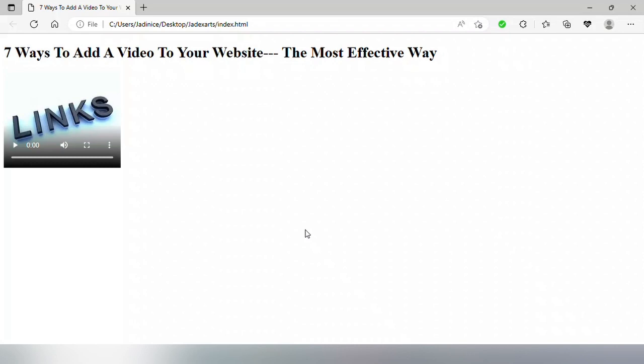So getting started, today I'm going to show you how to add a poster to your video using HTML. Now, posters are signs or images that have details or information that can be of use to your clients. An example is the one that is on the screen. As you can see on the screen, the link. It's an image that I downloaded and I attached it to the video.